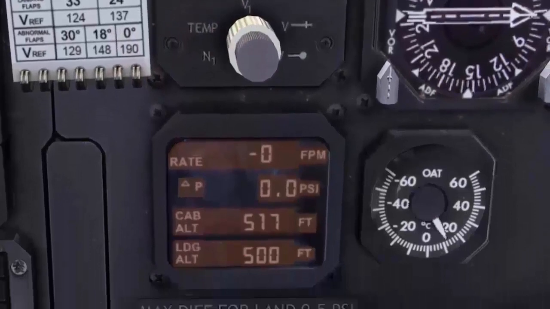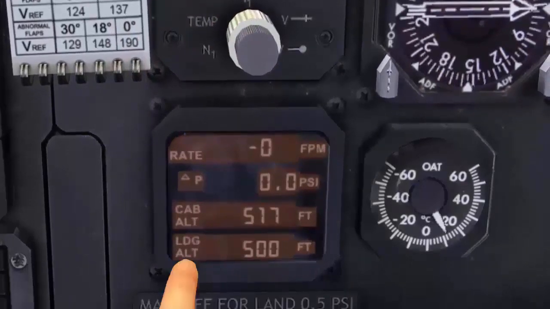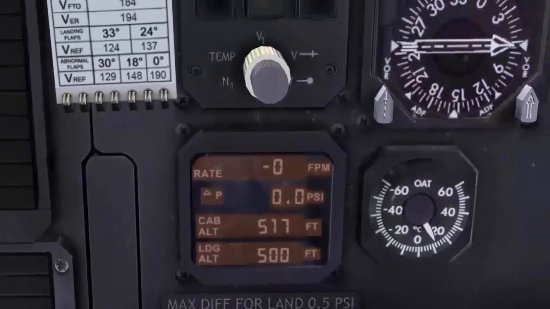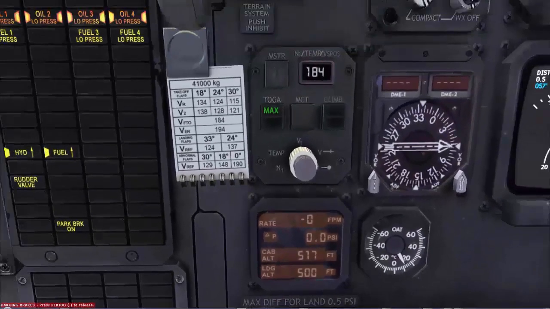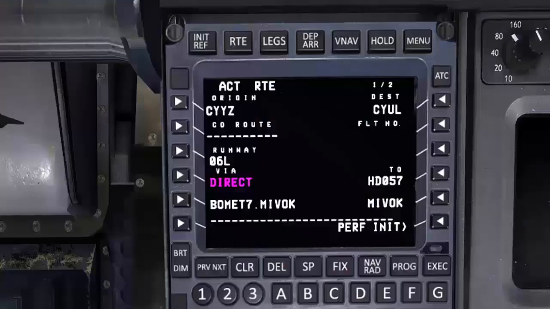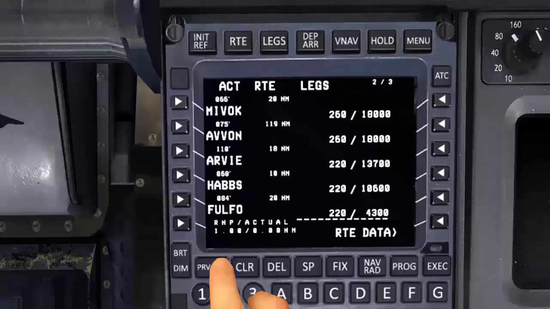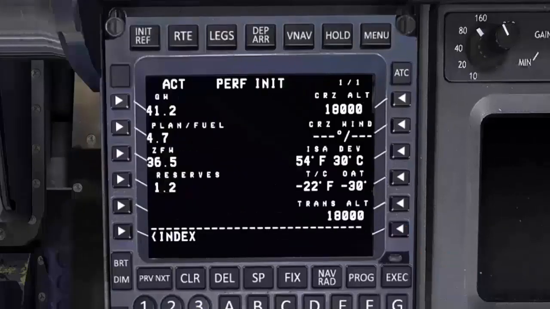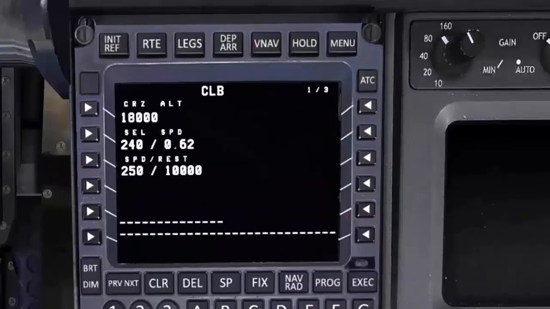Then moving down to the pressurization window, we check if our landing altitude is set correctly. At this point I'm done with the main panel. Let's now step to the FMC. Flight plan is complete. Performance initialization page is complete, and we can have a look at our VNAV pages, starting